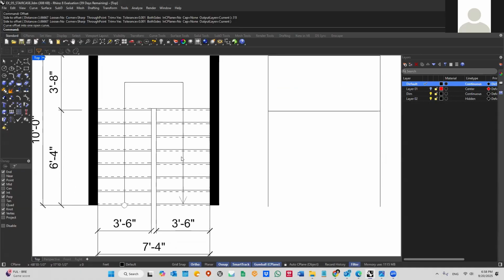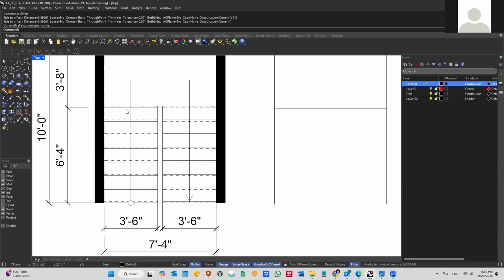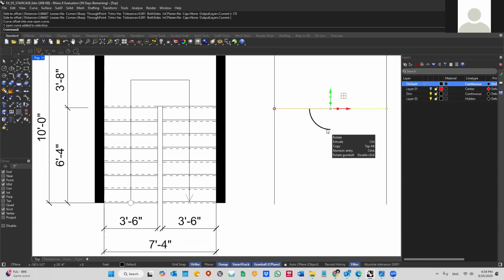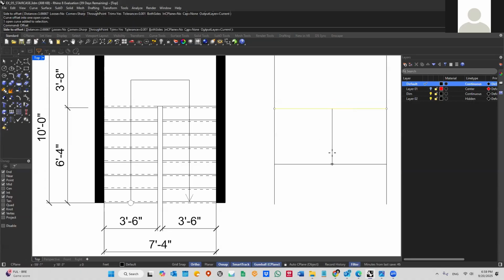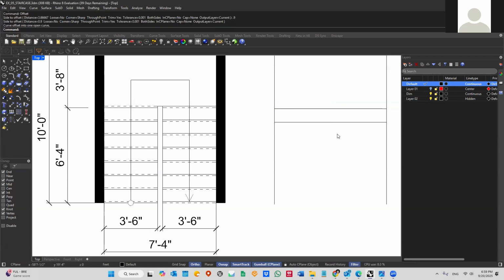There are so many ways that you can draw these staircases. You can use offset, or even copy or array. I'm going to show you array as well, how we can array to draw these staircases. So first I'm going to just work with the offset. As I mentioned, the depth of this is 11 inches. I'm going to offset this to 9, because I'm working with feet, so type 0.9